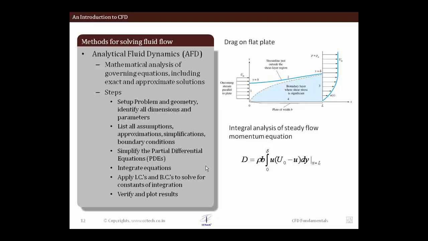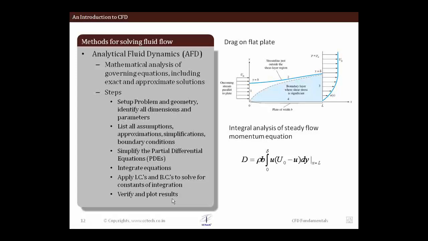With those assumptions and approximations, and in some cases real simplifications of a complicated three-dimensional geometry into a simple two-dimensional or one-dimensional analysis, they ended up integrating these equations, setting up the constraints in the form of initial and boundary conditions to find the constants of integration, and ultimately getting values at discrete points. That's where they could end up having nice results, get plots, get the force